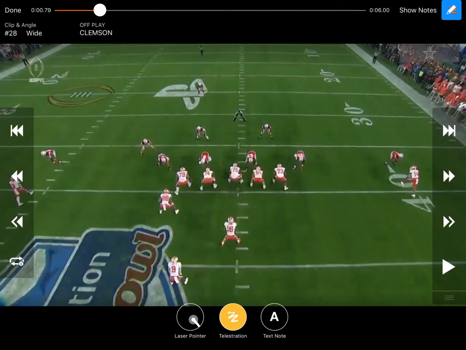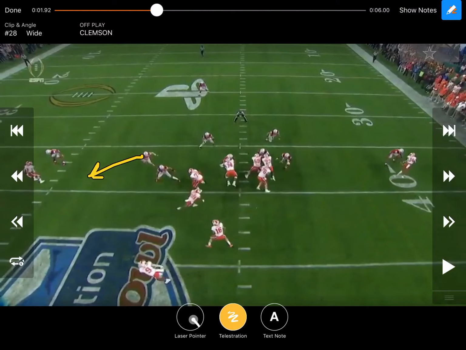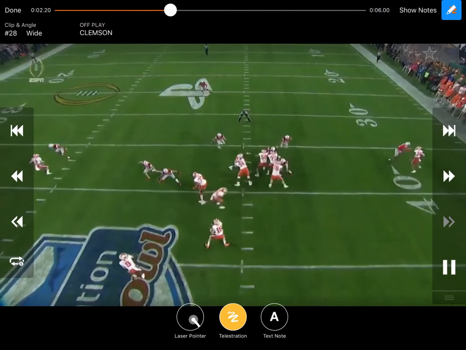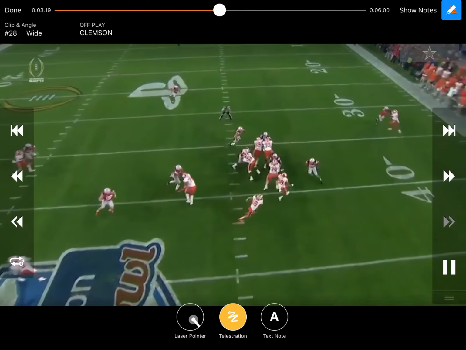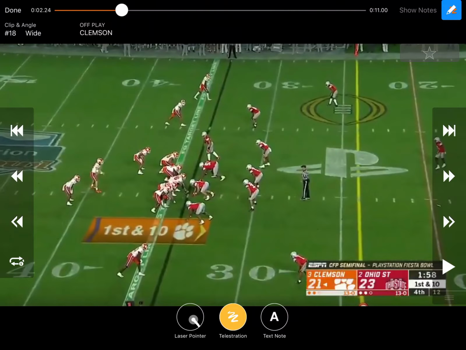But they're starting to set it up, and right here you can see, I don't know if it's a read or if it's just a pump to try to get those guys to widen a little bit, faking it, and then he's going back that direction and getting a decent gain right there, but sets up something bigger later in the game. Here's the game winner for Clemson right here later in the game, about 2 minutes left, down 2